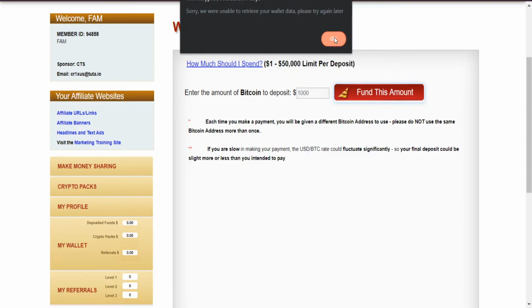I'm going to see if I can find a pic of it real quick so we can show you. It's going to give you an address. You have to take that, and it's going to show a QR code as well. You have to take that address